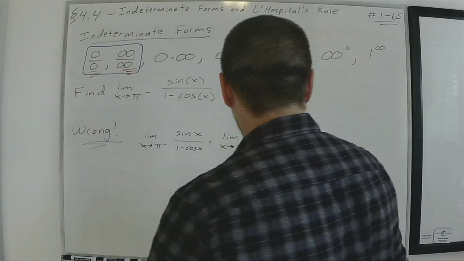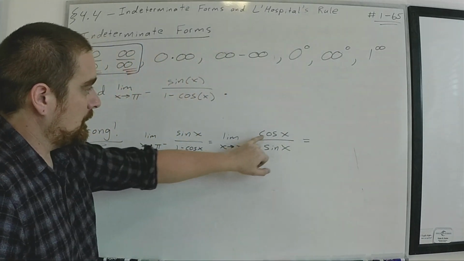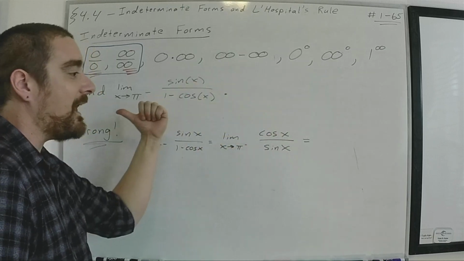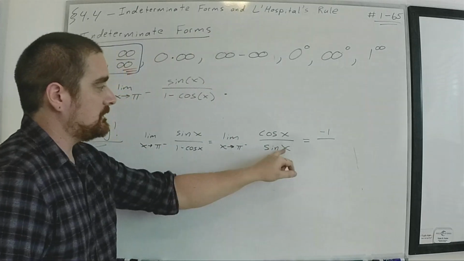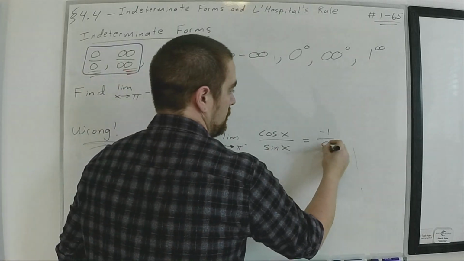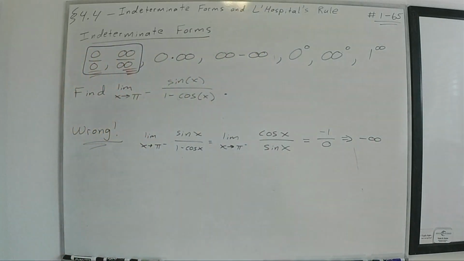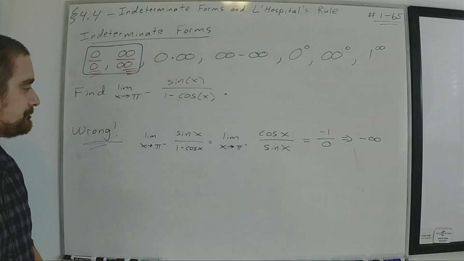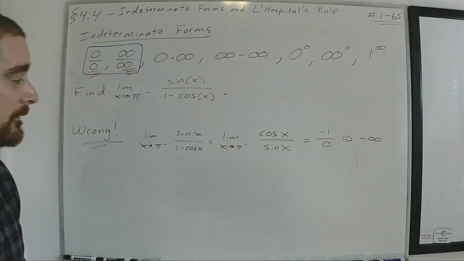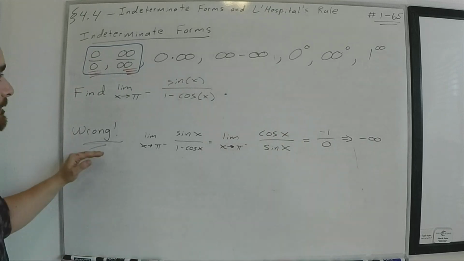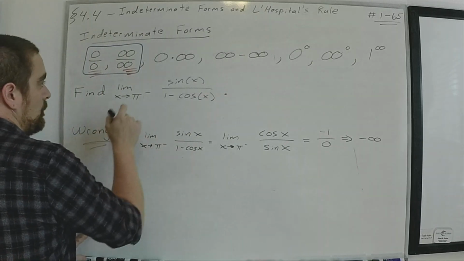So when I look at this, as x goes to pi, cosine of pi is going to be -1. Sine of pi is 0. You may run the risk of saying that this limit would be negative infinity, or does not exist, or some other random cooked up number that you may find. Again, you were not allowed to use L'Hopital's rule from the get-go, because when you look at this,